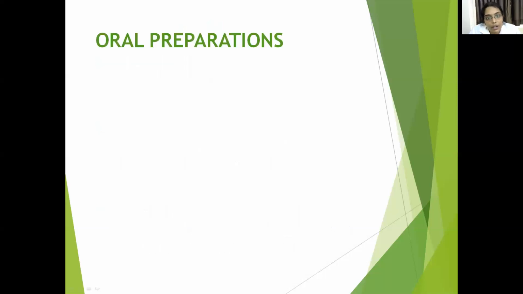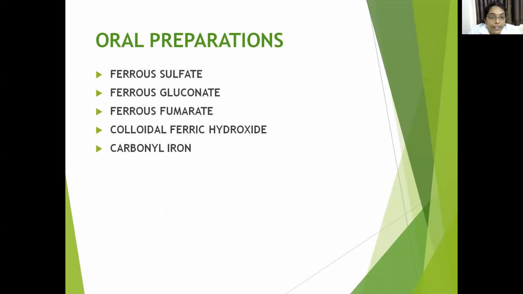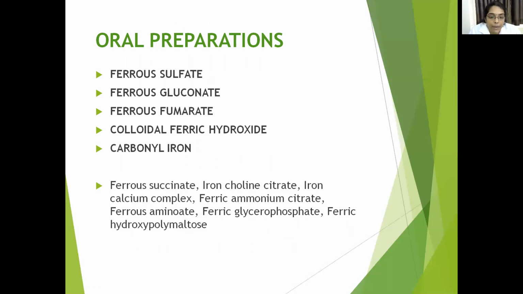What are the oral iron preparations? The important oral iron preparations are ferrous sulfate, gluconate, fumarate, colloidal ferric hydroxide, and carbonyl iron. Apart from these, there are some new iron preparations that can be administered orally. They are ferrous succinate, iron choline citrate, iron calcium complex, ferric ammonium citrate, ferrous aminoate, ferric glycerophosphate, and ferric hydroxy